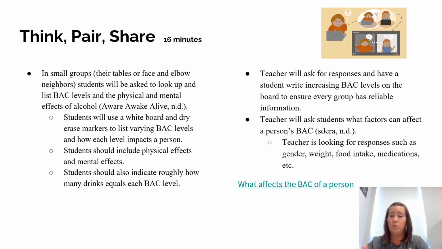Once that's done, I would also ask, as a follow-up question to blood alcohol concentration, about some of the factors that can affect a person's blood alcohol concentration. Some of the things that I'm looking for are gender or weight, whether one had eaten before they started drinking, whether they are taking any medications, and the time that they're drinking in. Are we slamming shots, or are we slowly sipping wine over 6 hours at a party? So I would ask them for the factors.